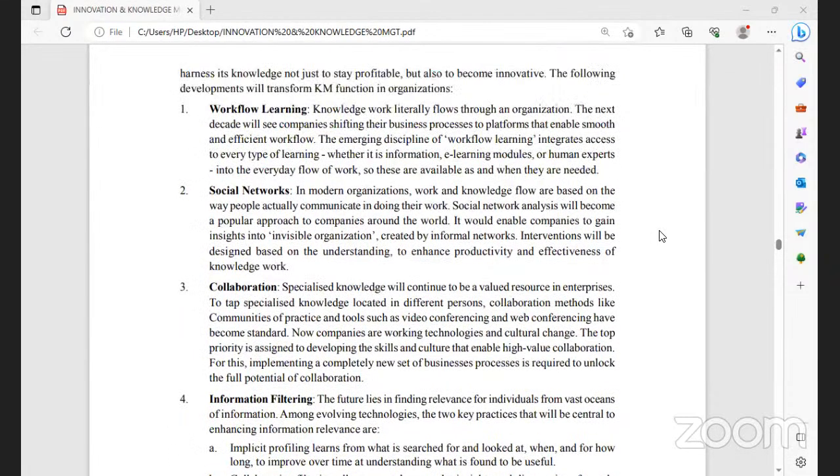Coming to social networks, using social media like WhatsApp, LinkedIn, Twitter, Facebook, throughout the globe within one billionth of a second we can communicate and establish our communication process. In that system we are sailing, and in the coming future it will be many times faster than how we are communicating now. That possibility will be there.